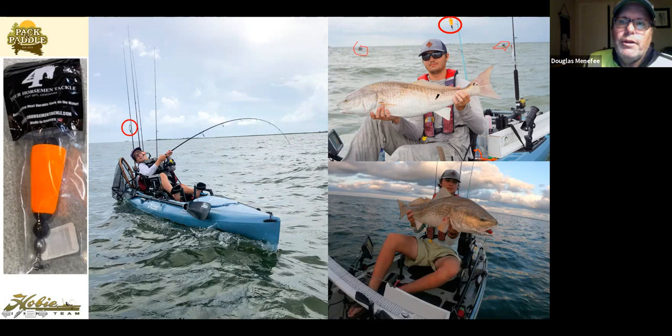The other thing that I wanted to note about this picture is, on their pictures, they have popping corks. And you're like, oh, what are they doing with popping corks on the back of bull red fishing? Well, sometimes you need to call bull reds. And one of the great things that we've discovered is that you can go out there with a popping cork, about 2 foot to 2.5 foot of leader, like 50-pound leader material on it, and a big bait and big hook, and just start